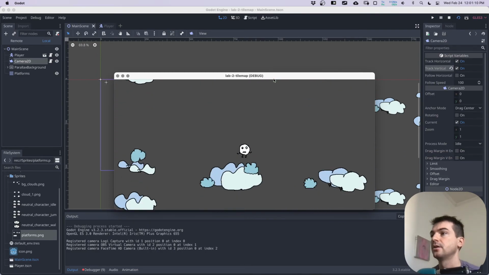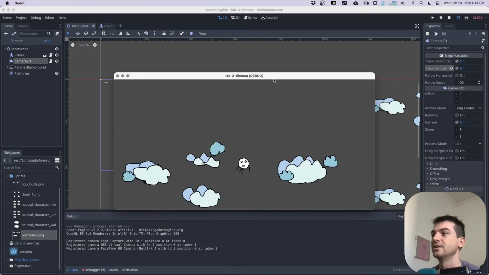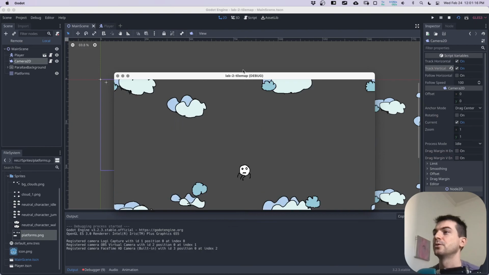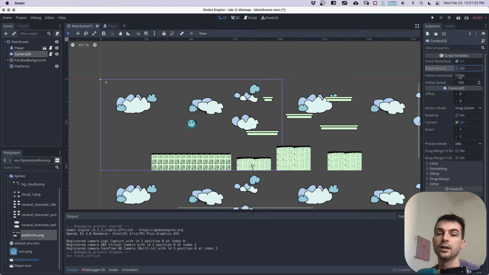And if I fall, now we get to see our repeating stuff and how the gravity works. Looks pretty cool. Okay. Eventually we'll put in something to make it so the player just respawns somewhere if that happens. There's one other option on here, which is going to turn off the horizontal tracking. And I also recommend probably turning off the vertical tracking as well, although it will still work, which is the